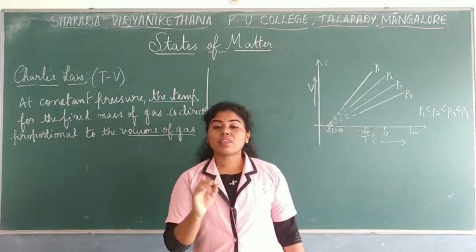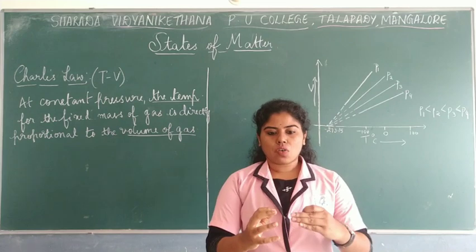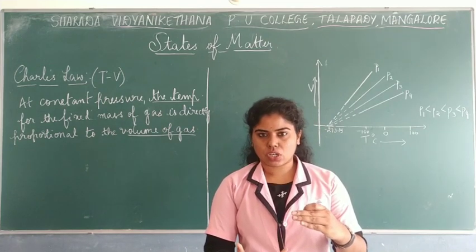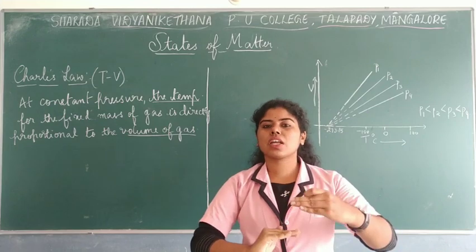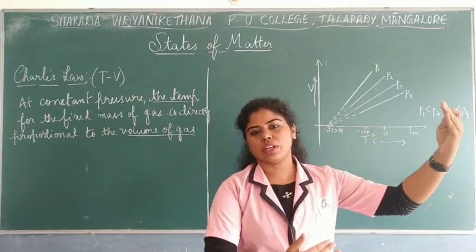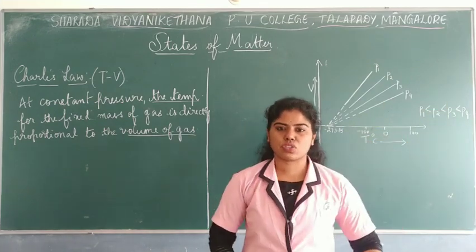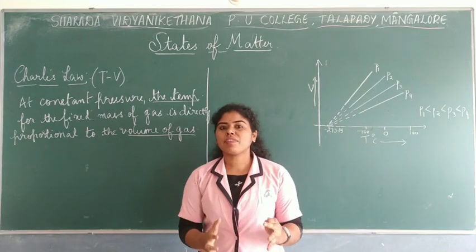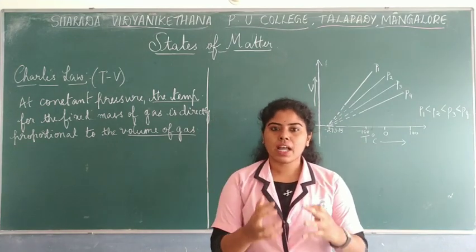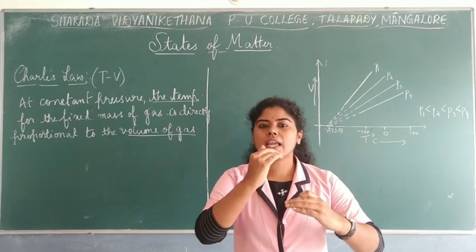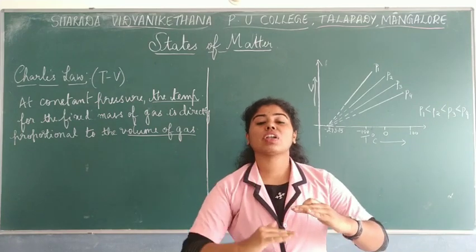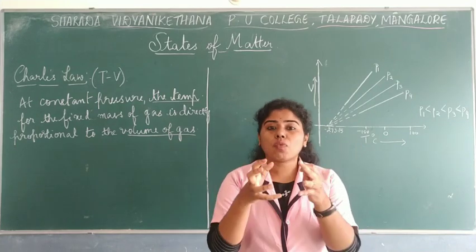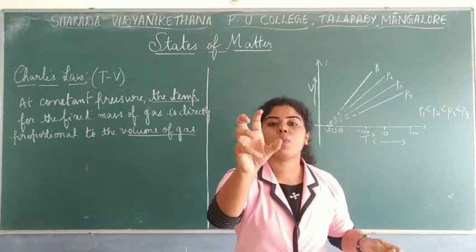Now you also have to note that. Imagine you are increasing the temperature starting from 0 degrees Celsius. Now you start from 0 and then you go on to 1 degree, 2 degrees and so on. You try increasing the temperature of the gas. Now you also have to remember an important point: when you increase the temperature, for each degree rise, 1 degree, 2 degrees, for each degree rise, the volume increases by a value.